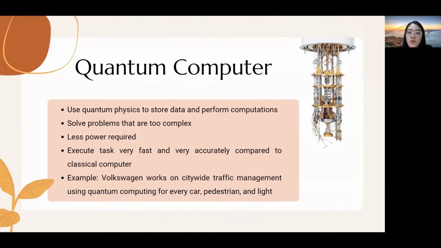So it is used to solve problems that are too complex to be done by the classical computer. And it also requires less power and thus lowers the cost. And also, the most important thing, a quantum computer can execute tasks very, very fast and very, very accurately compared to a classical computer. So that's why